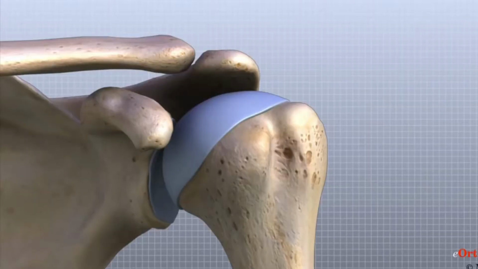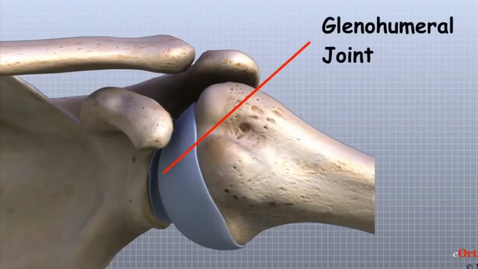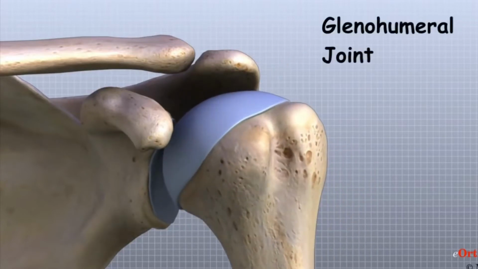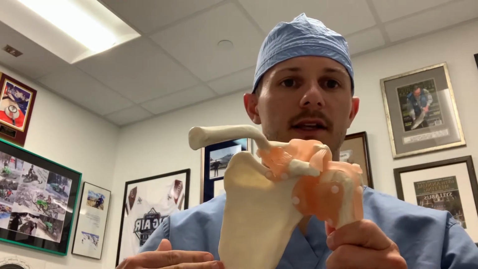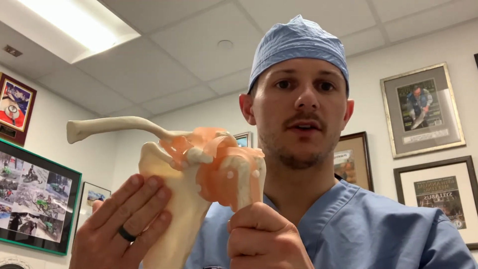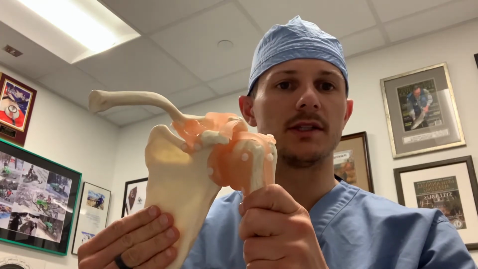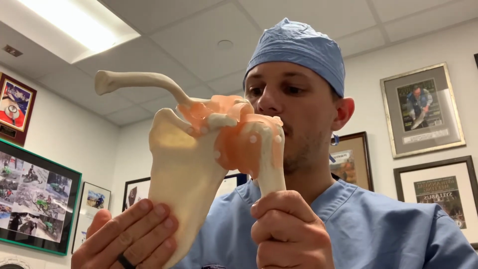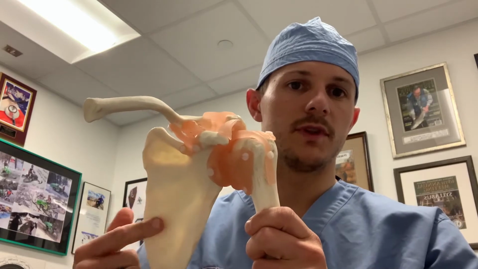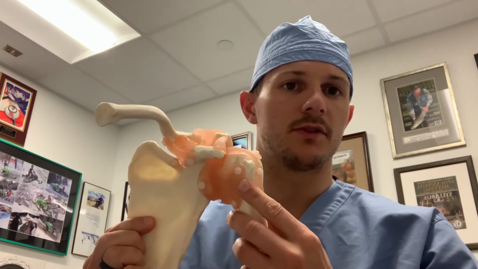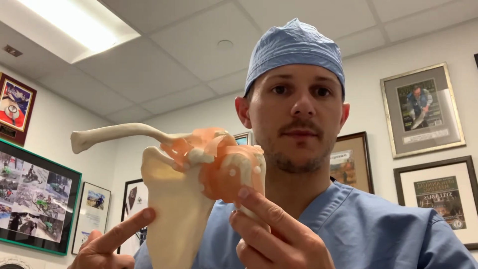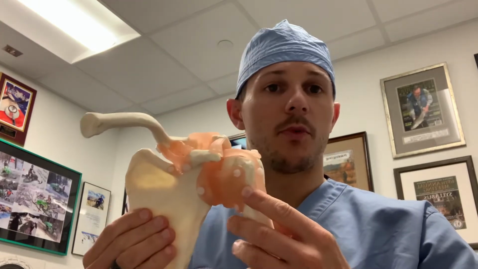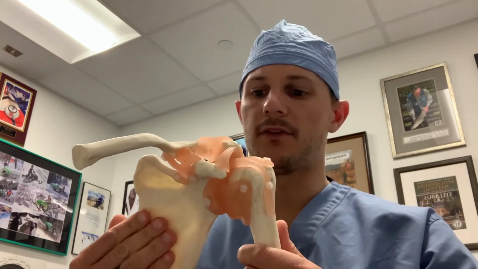So the main shoulder joint is the glenohumeral joint, which is the glenoid and the humerus. Now the shoulder is also made up of a couple other important joints. So we have the scapulothoracic joint, which is the shoulder blade articulating on the rib cage. And you actually get about a third of your shoulder motion through this joint. You get about 2/3 through the glenohumeral or the shoulder joint, and you get about a third of the motion through your scapulothoracic joint. And it's very important for these two to coordinate and work together for that shoulder to